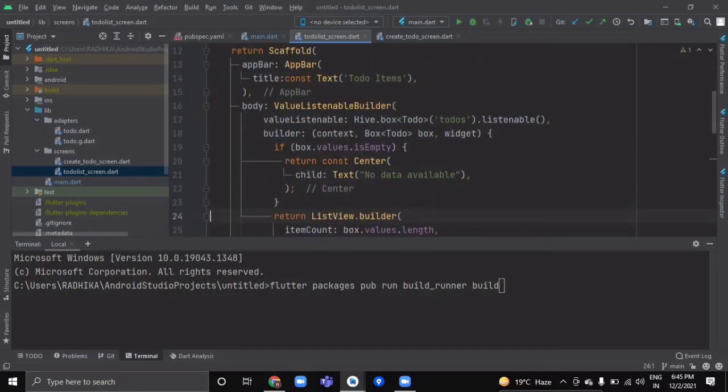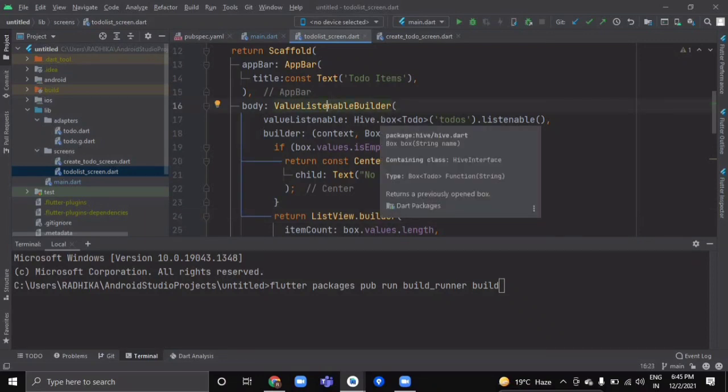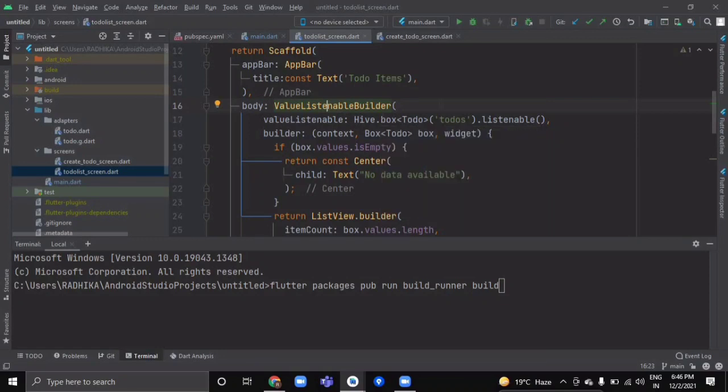Now here we have used the ValueListenableBuilder. If you want your widgets to refresh based on the data stored in Hive, you can use the ValueListenableBuilder. And the box listenable method provides a ValueListenable, which can also be used with the provider packages. So now inside this ValueListenableBuilder, we will use the valueListenable property, and this time we will use the Hive.box method.